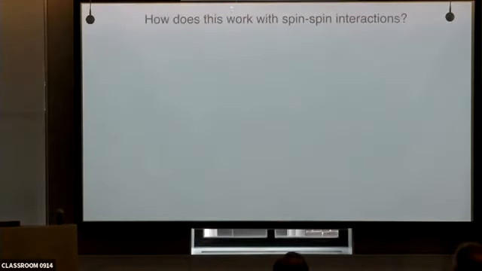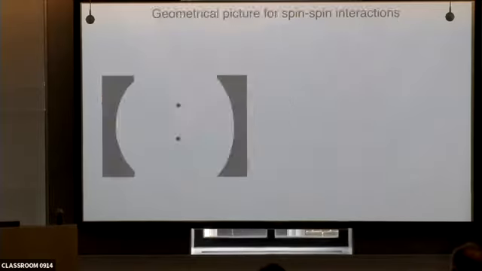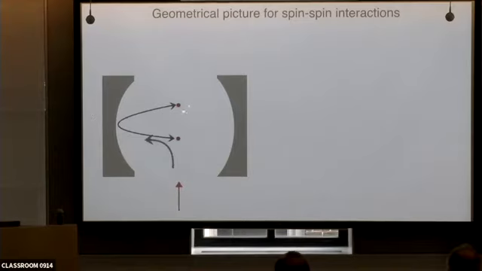All right, so does this work for spin-spin interactions? Let's do the same. Let's go back to that story I was telling you where instead of just driving with one color field, we have two colors, and we can realize the spinful interactions. So what's the geometrical picture for spin interactions in the multimode cavity? You pump the system, and photons will be scattered by these atoms here, and then they can bounce off, and then they can interact with these atoms over there. That can just give you that local interaction if they're close enough.